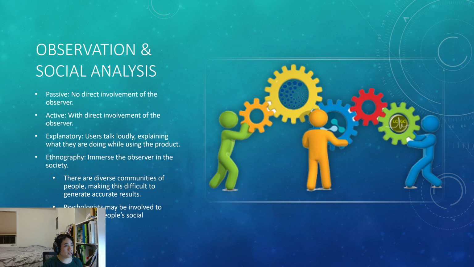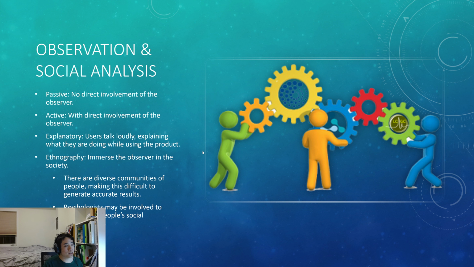So for observation and social analysis, there are different ways you can go about it. You can conduct a passive observation, so the observer doesn't do anything. They just stand there or something like that. Active, you just tell the observer what to do. And then